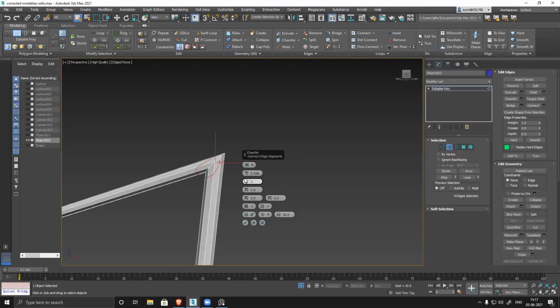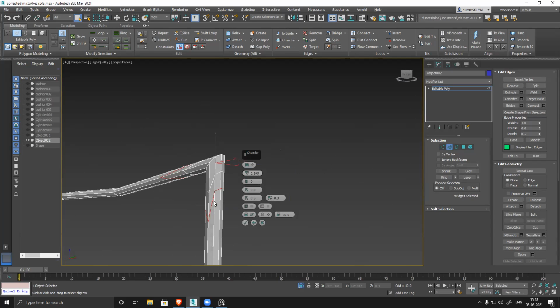I can add one more loop and spread it. But you can see that for this kind of sharp edge, it creates issues.